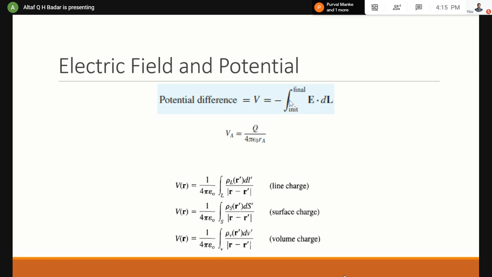Then there's something called potential gradient also here, but let us not go into it because this will take a lot of time. But there is something called potential gradient, which is basically, at the end, you get it as E is equal to minus gradient of V. Right? So that is one of the derivations that you get at the end of it. Let us not go into it. It is usually given as E is equal to minus del, which I just showed to you, into V, and then you will find it out based on it.